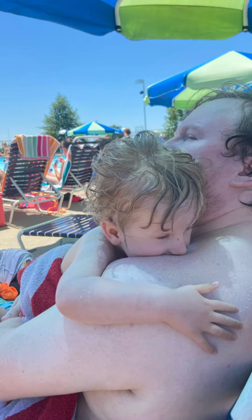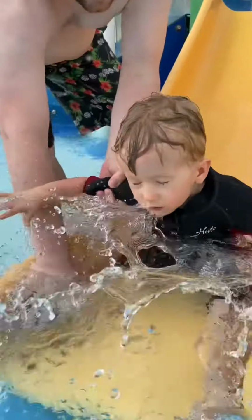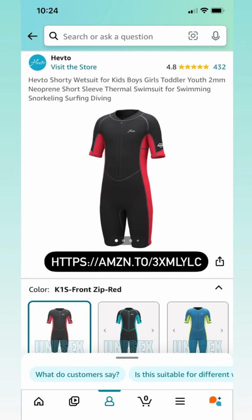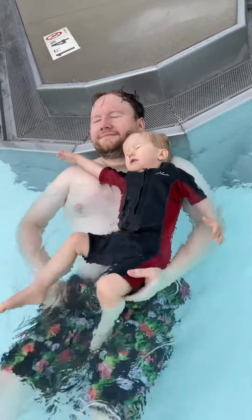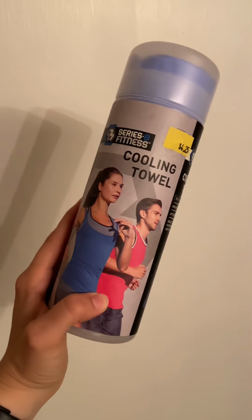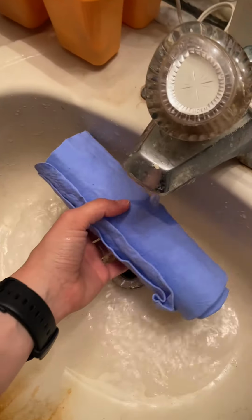Now, if you try going to a splash pad or public pool and it's too cold, I would suggest getting yourself a wetsuit. I was actually surprised how cheap these were online, and it definitely has improved our pool time. I would also recommend keeping a Sammy or a frog towel on you. You keep these wet and you can put it around the neck or just wipe them down to keep them